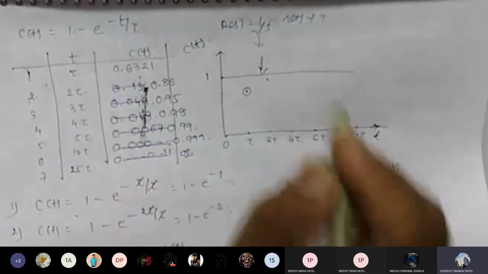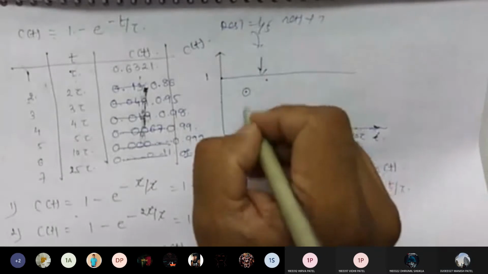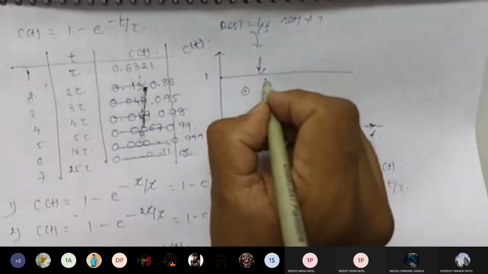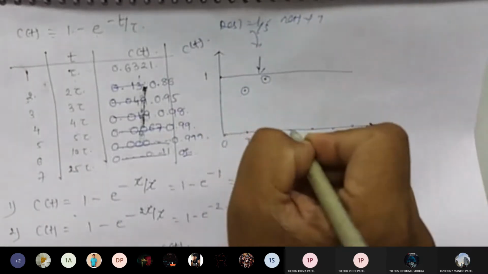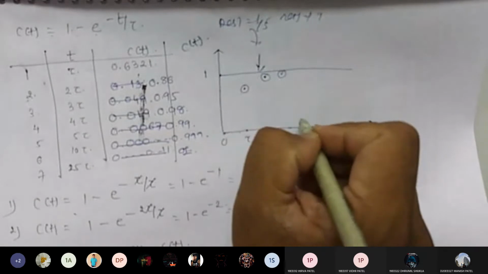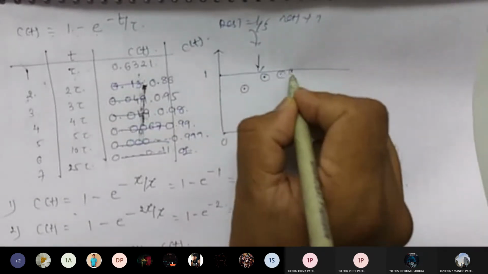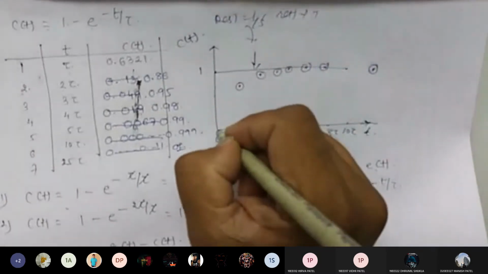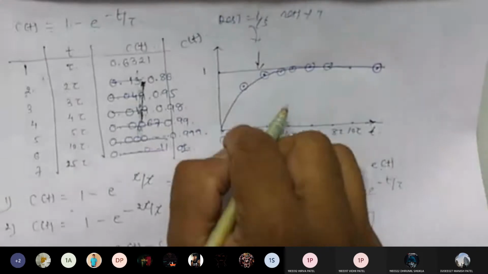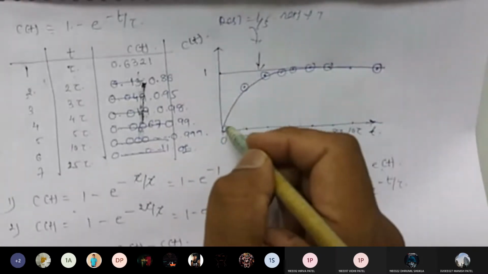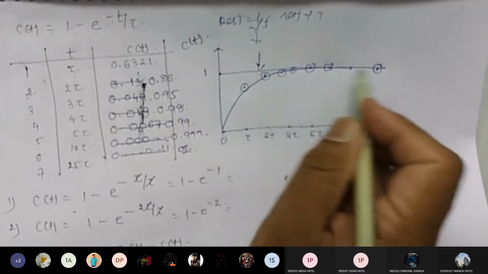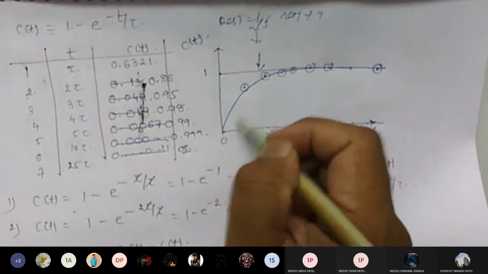Okay, so putting the value of tau, this is 0.63, for 2 tau the answer is 0.86 something. For 3 tau or 4 tau it will be like over here. Then you have 4 tau over here, 6 tau, and so on. If I'm combining it, my waveform will be looking like this. So what we have concluded for the first order system having R(s) equal to 1/s, that is nothing but your unit step input, is that you are getting this kind of waveform. It is exponentially increasing, so that we have achieved.